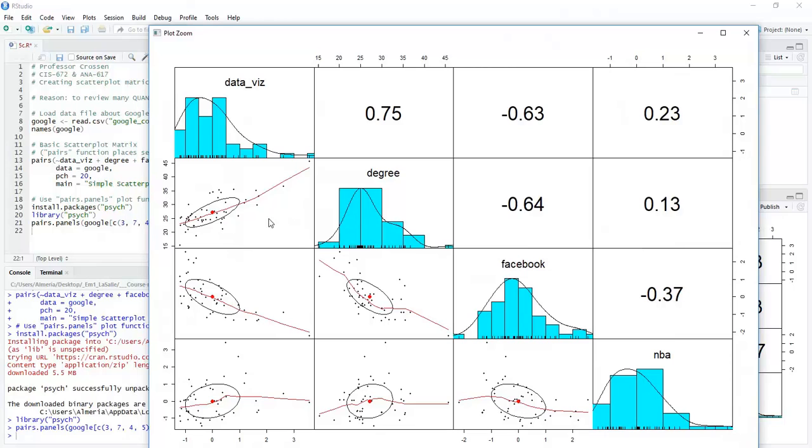And from a prior video, this red line is the LOWESS smoothing line. And then the oval, or the circle in some cases, the round or ellipse object, is the confidence interval for